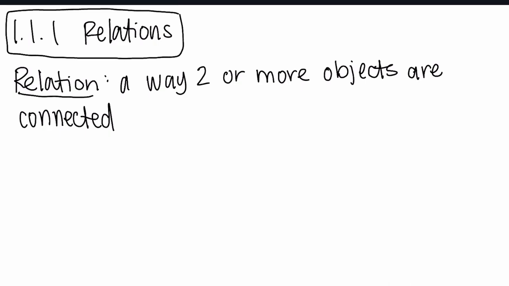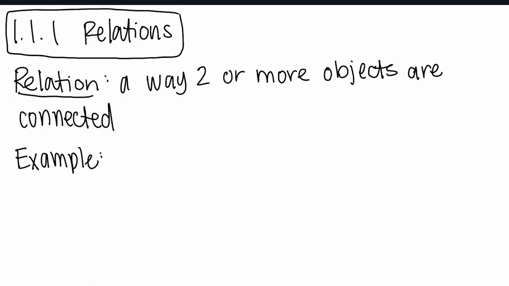So there's different ways that we can represent relations. The first way we're going to talk about is a mapping. We're going to talk about graphs, and we're going to talk about domain and range and interval and set notation and lots of fun things. So the first example we're going to look at,